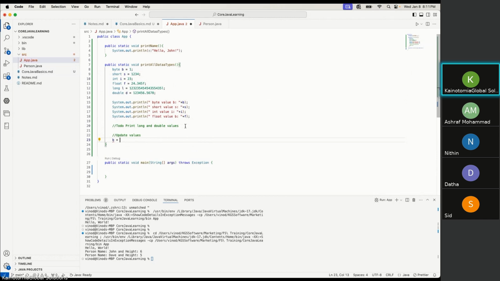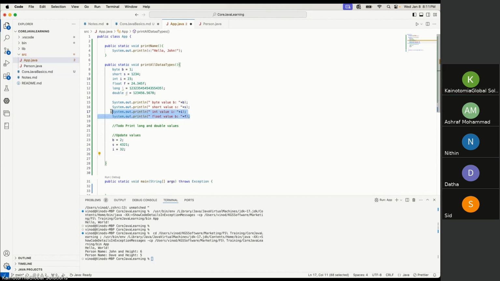Take B is equals to 2, and then S is equals to, there 1, 2, 3, 4, I'll do 4, 3, 2, 1. And then integer I is equal, that is 23, 32. And print after updating the values so that you can see